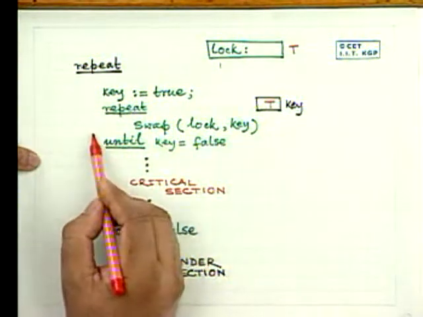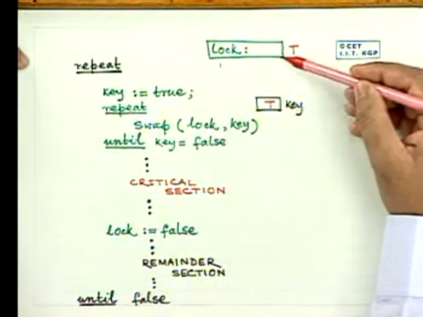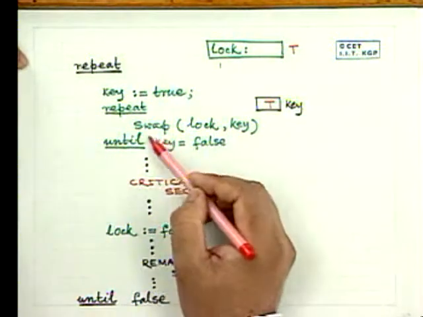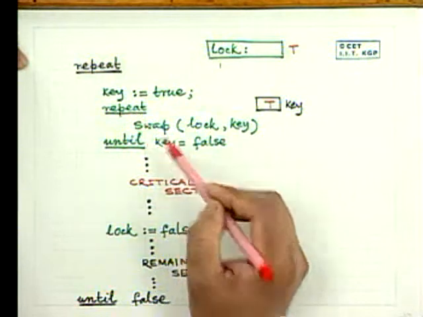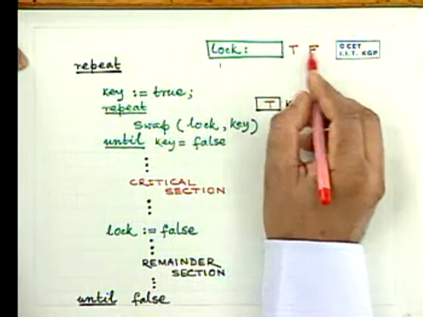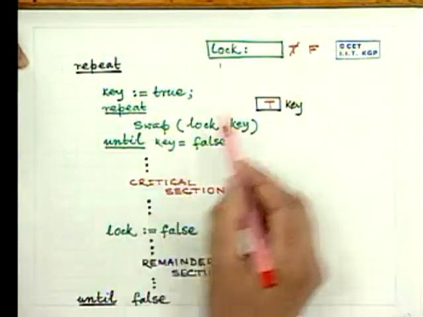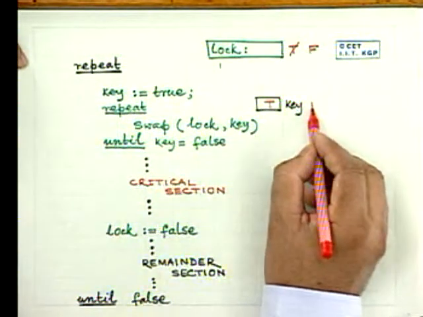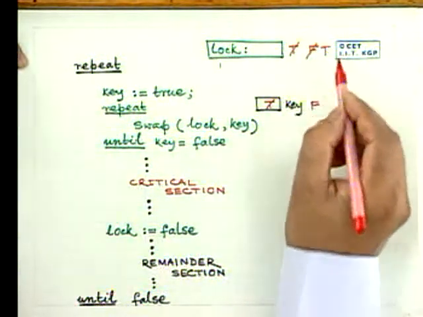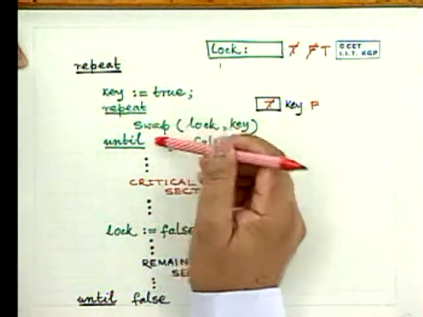It will go on waiting here. All the time it exchanges true with true. Since key is not equal to false, this repeat instruction will be executed till the lock is made false. If the lock is false, then the swap instruction will interchange the values. The key will get a value of false, lock will get a value of true, and